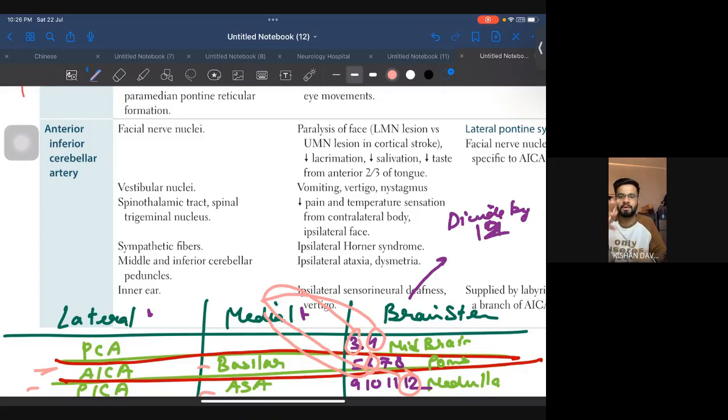How you will be picking out? You will look at the cranial nerve and you will think about which cranial nerve is this. If it is a factor of 12, then it is medial. And if it is not a factor of 12, it is lateral. Okay. Another thing, you will think about the number of cranial nerve. You will see if it is 3 and 4 cranial nerve, the lesion is in midbrain. If 5, 6, 7 it is involved, it is in the pons. If 9, 10, 11, 12 are involved, it is in the medulla. All right. And based on this information,